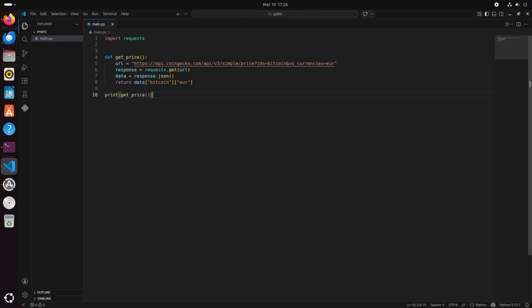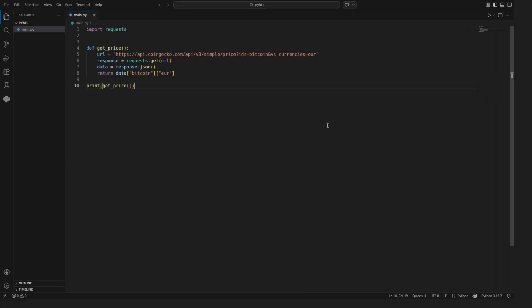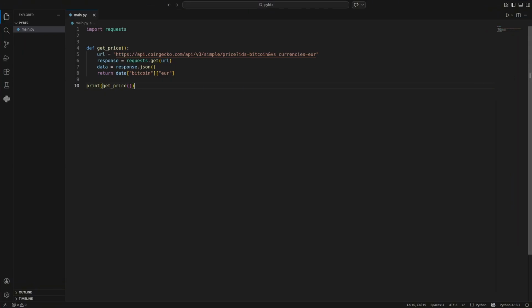Hello, here we have a simple Python sample. This code block retrieves the current Bitcoin price as a euro currency. Hope you can see on the screen. This is a very basic Python code.